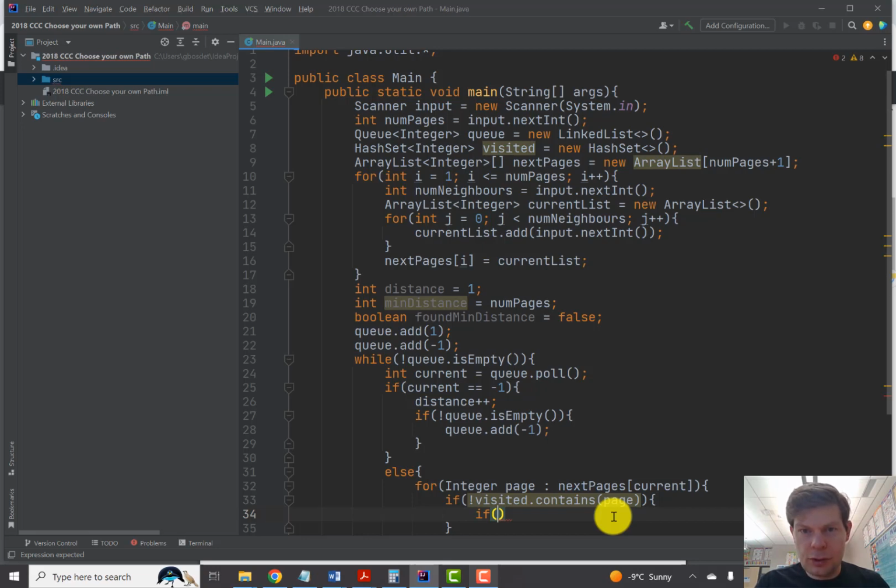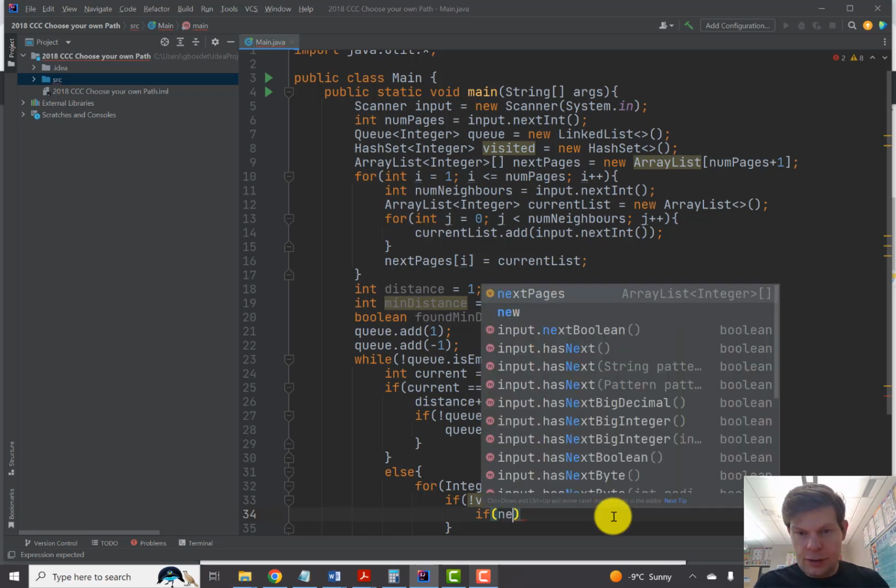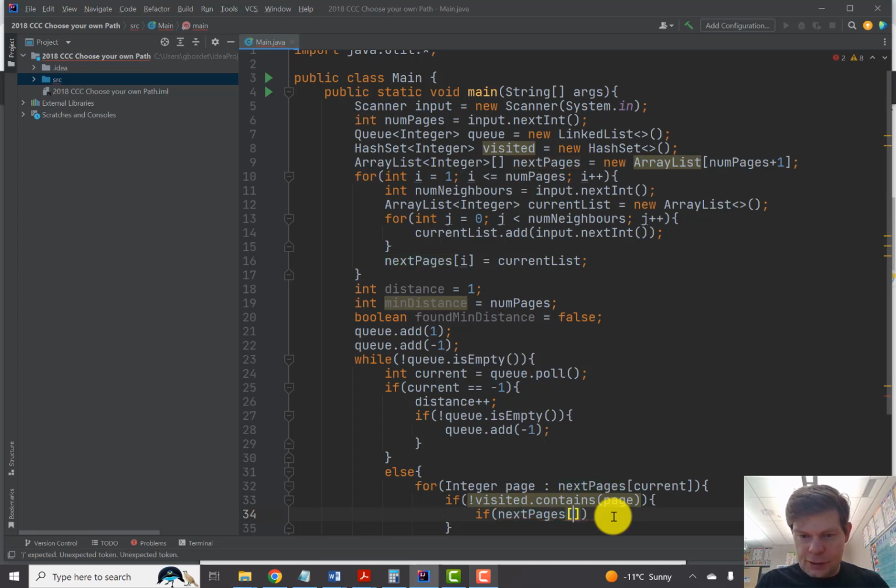Next neighbors, next pages. If next pages for the current fellow, which is page, if its size equals 0,